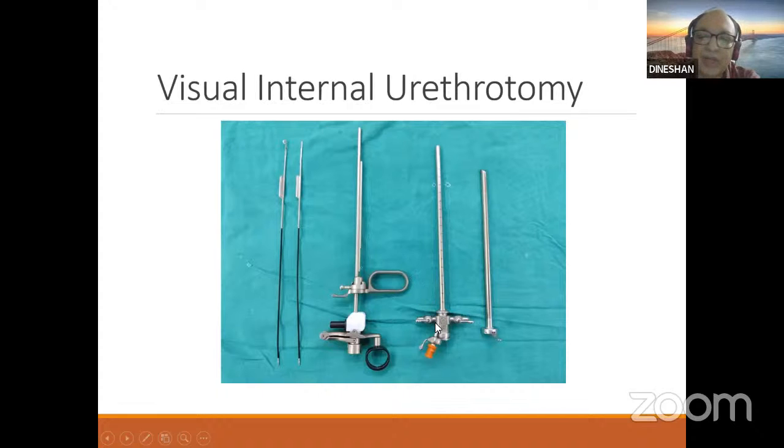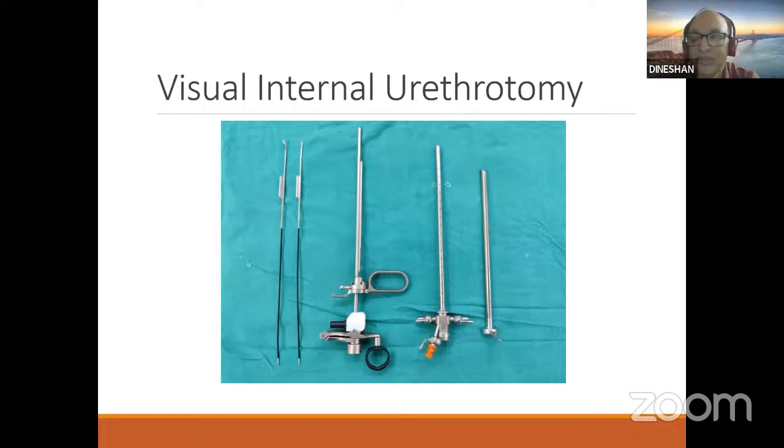And here you have, in every internal urethrotomy sheath, a side channel for passing accessory equipment. Usually it is the guide wire with the urethral catheter, so that when you see a stricture, always pass a guide wire, then only cut. Otherwise, if you cut without a guide wire, you will lose the lumen. Usually you will lose the lumen, and you will be nowhere. You won't be able to identify the channel once you make the cut.